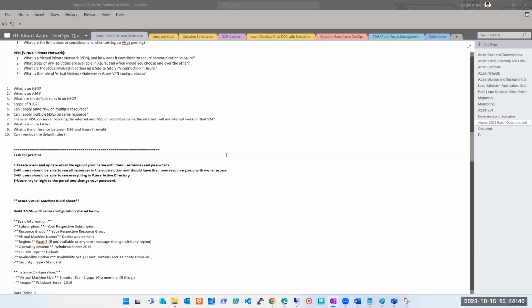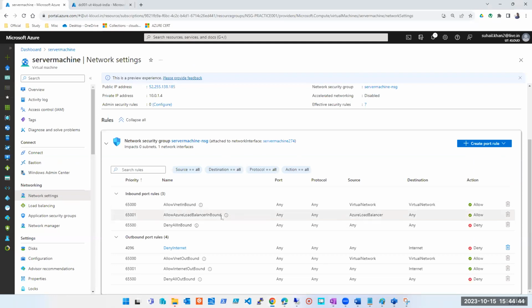Okay, sorry, we deviated from the topic, so let's get started guys. This is the network security group we were working on. Default rules, we have 6. We created one rule. Let's say there was some business requirement, your application owner raised a ticket stating I do not want any machine or any resource from this subnet to have